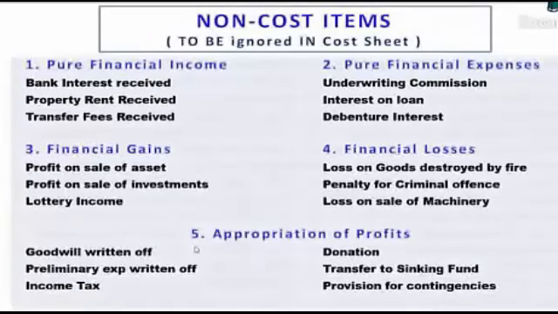So obviously there has to be a difference in these two. Profit as per cost sheet may be different from profit as per financial profit and loss account. When you see these two figures are different, the reason is that these items have not been taken in cost accounts, and that is why there is a difference. So there is a need to prepare a reconciliation. This would be another topic for you in future.